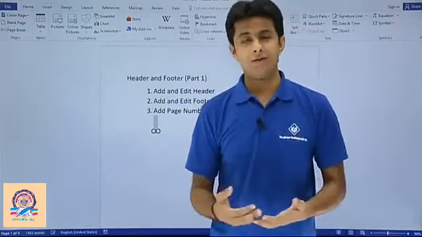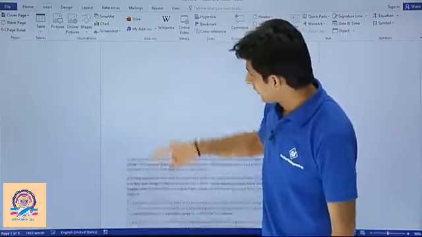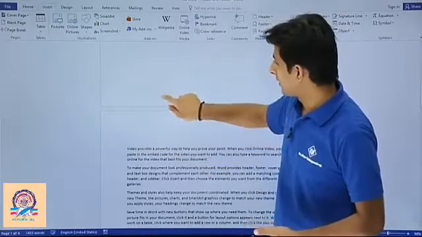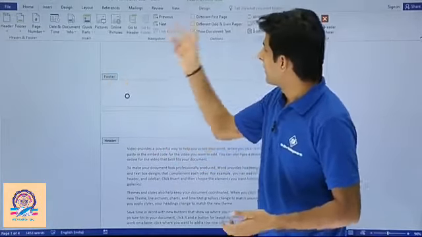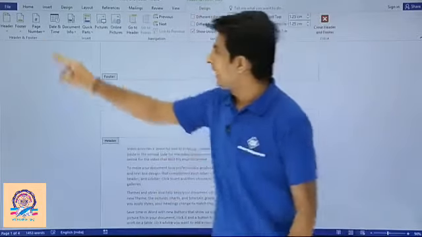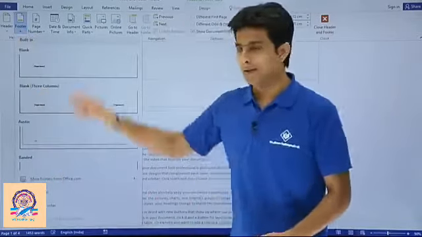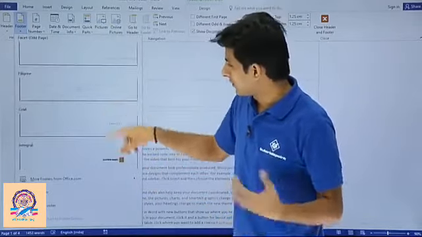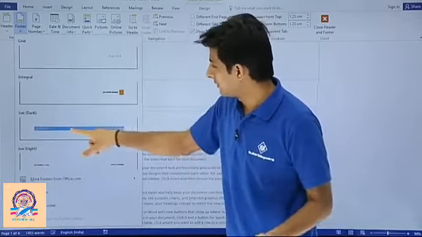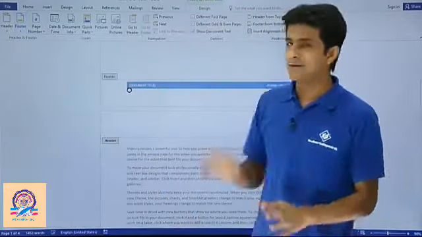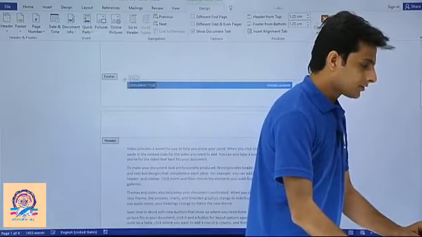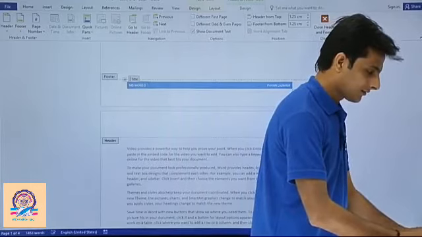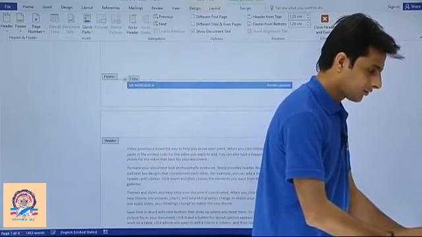Similarly, we'll go for the footer part. How do we add and edit footer? Same method, no difference. The only thing is I have to scroll down to the bottom of the page and double click. If I double click here, you see that's a footer which is enabled. It is the same tab which is there. And if I go to this place in the footer option, same things are available. Only thing is, you have to just scroll down, pick up your favorite, this one, I'll select this Ion Dark, and I can just type here a footer. So I'll type here a footer as MS Word 2016 by Tutorials Point.